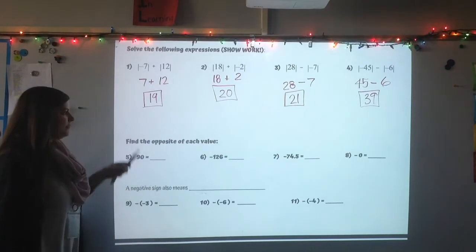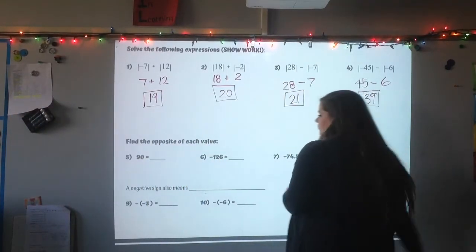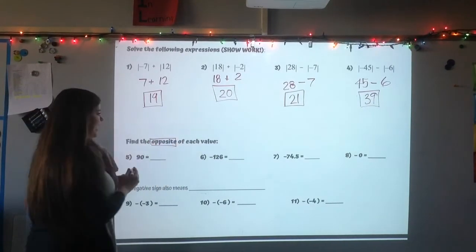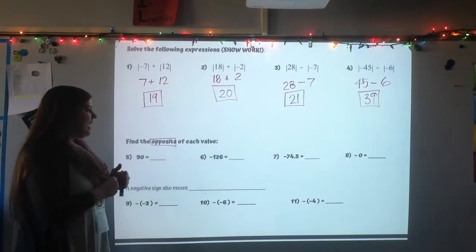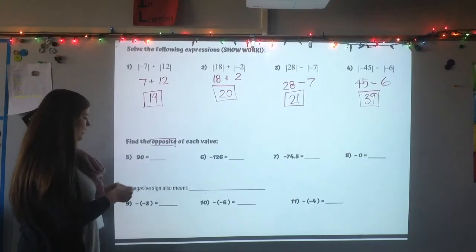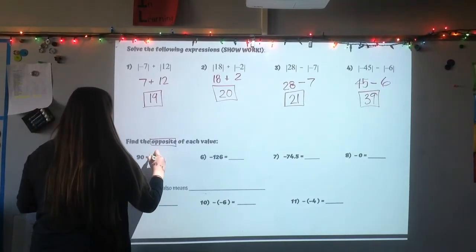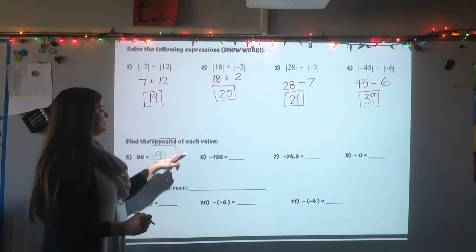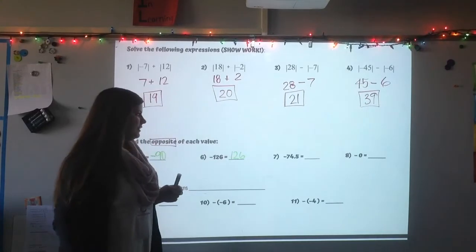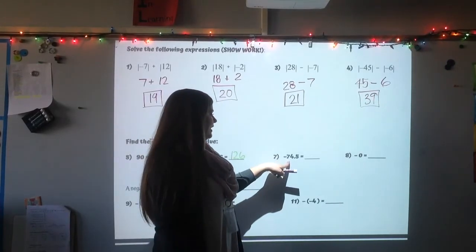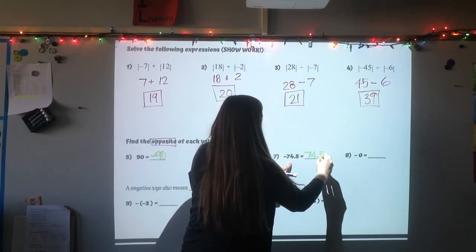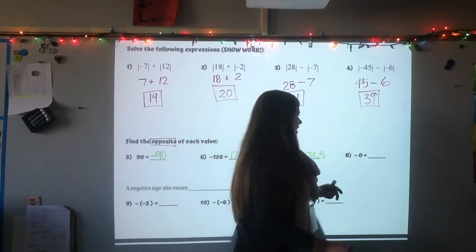Now we're going to look at opposites. So make sure you don't confuse absolute value and opposites. If you're asked to find the opposite of a value, that's when you're going from positive to negative or negative to positive, because those are opposites of each other. So the opposite of positive 90 would be negative 90. The opposite of negative 126 would be positive 126. The opposite of negative 74 5/10 would be positive 74 5/10. And the opposite of negative 0